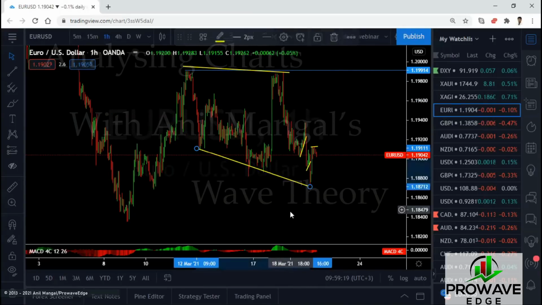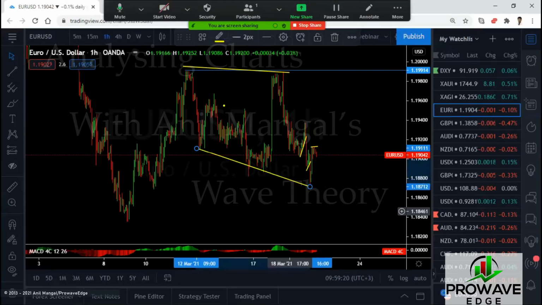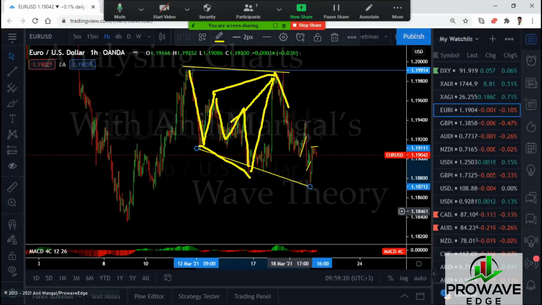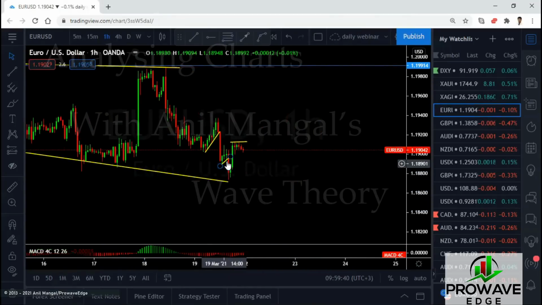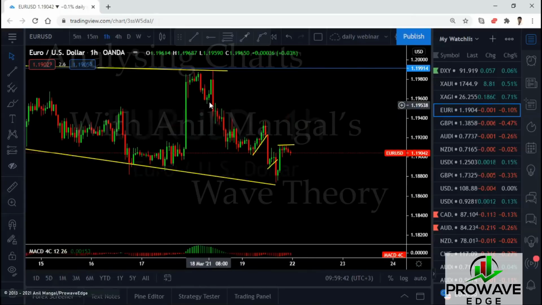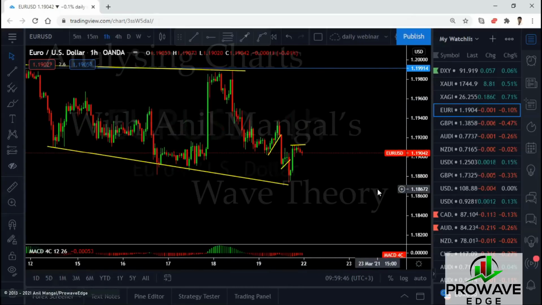So here is the question. Are we looking at two sets of expanding flats? Are we looking at this as a 1, 2, 3 up here for this one? That's an expanding flat. And are we looking at 1, 2, 3 for this one, and then we go back up there? That possibility exists. So we sold this, and then we said, okay, wait, there were sells in here as well. And we're watching this now. What does that look like? It looks like a buy.